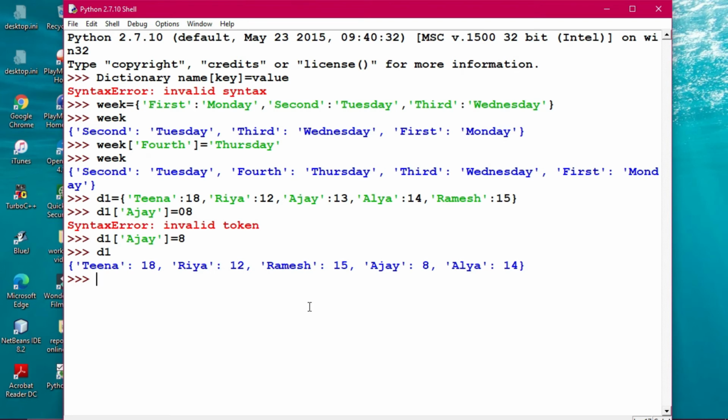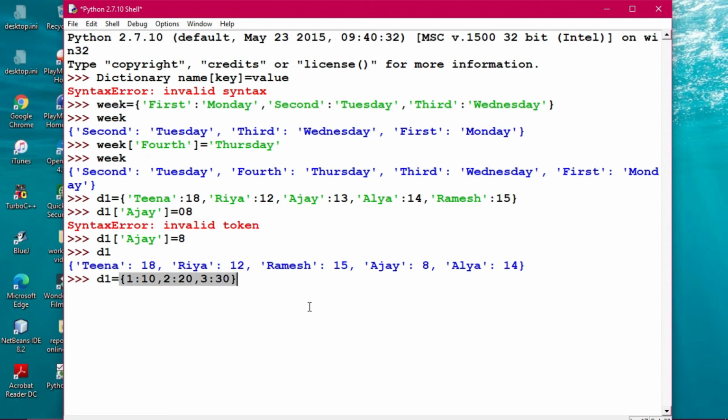Two dictionaries can be merged into one using the update method. It merges the keys and the values of one dictionary into another. For this, we are taking a simple dictionary, 1 colon 10, comma 2 colon 20, comma 3 colon 30.